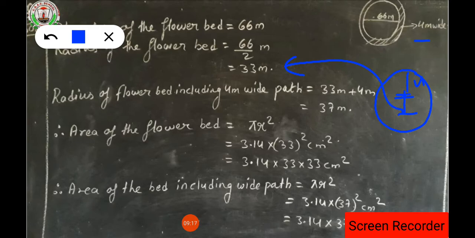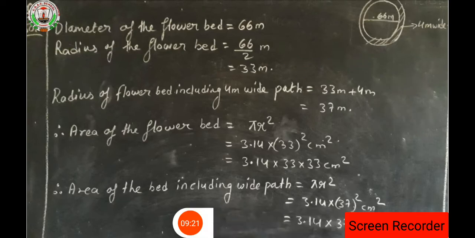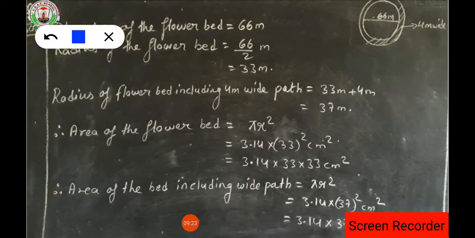Now this 33 will be added with this part. Again I will explain how it will be. Suppose this is the inner garden whose radius we have, how much? That is 33. Clear? Now the outer circle is there, and that outer path is 4 meter, from here to here. That's why this 4 will be added to get the radius of the outer circle. So 33 plus 4, how much will the radius be? The radius will be 37 meter.